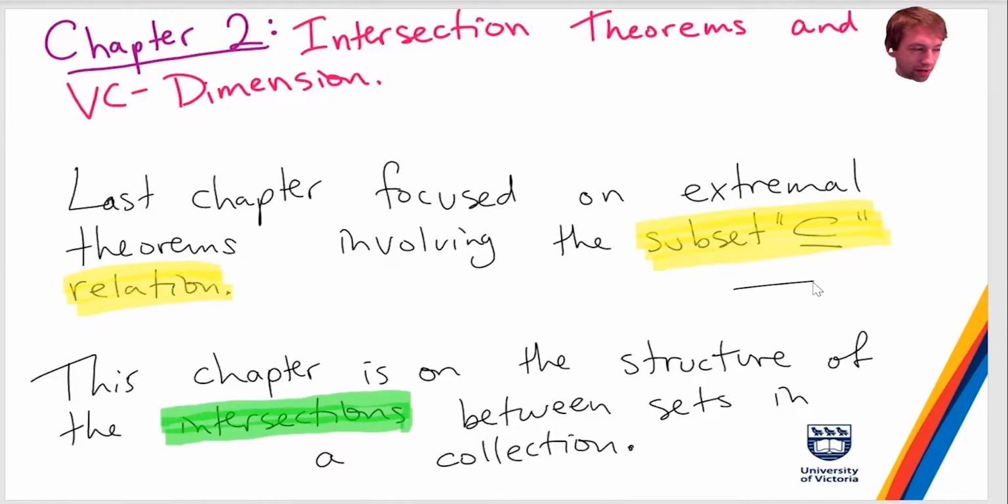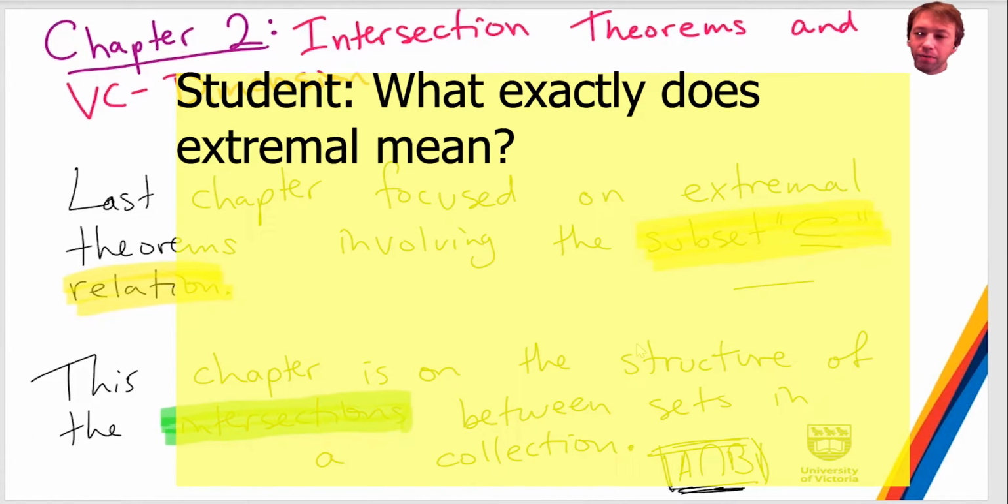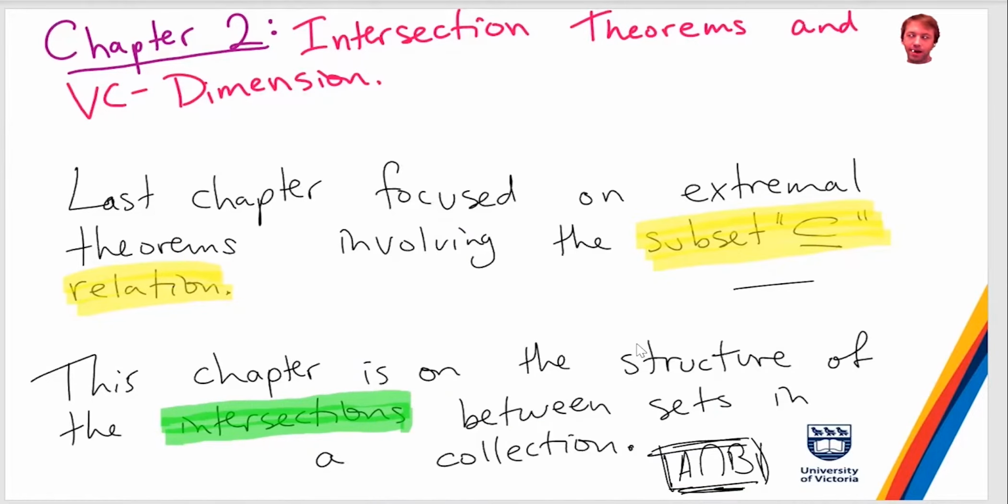The focus of this chapter is extremal theorems, or extremal results, on intersections between sets. So, A intersect B for some sets A and B. Today we'll look at the most natural of these. When I say the word extremal, I really mean maximizing or minimizing something. Sperner was extremal in the sense that he was asking, what's the biggest size of an anti-chain? So these are all going to be about maximizing or minimizing some parameter with respect